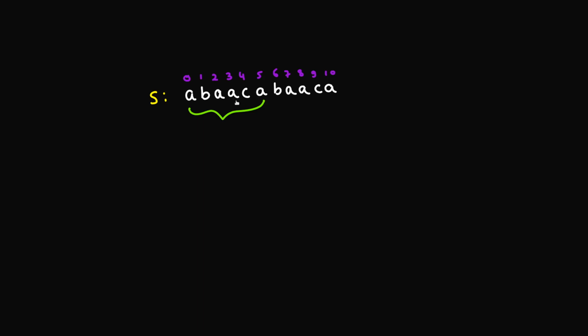Now if you observe this whole string, what is the maximum length string that repeats? Well, the string is ABAACA, which is of length 6, and it repeats. Why? Because here from 0 to 5 you have ABAACA, and again from index 5 to 10 you again have this string ABAACA. So we can say that this substring of length 6 repeats in the given string S. So what can we say about all the other lengths? If you notice here, this substring of length 6 is the maximum length substring that repeats, and any length substring after this does not repeat.